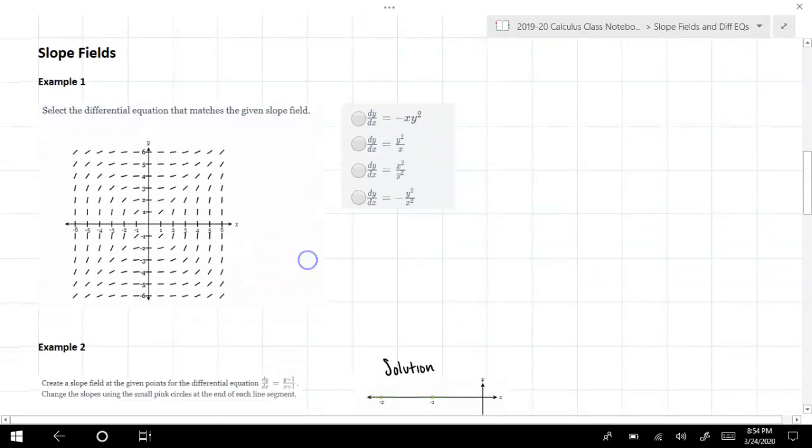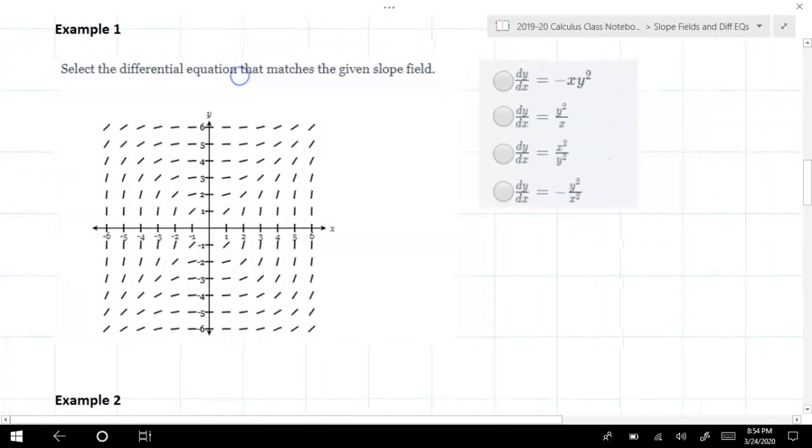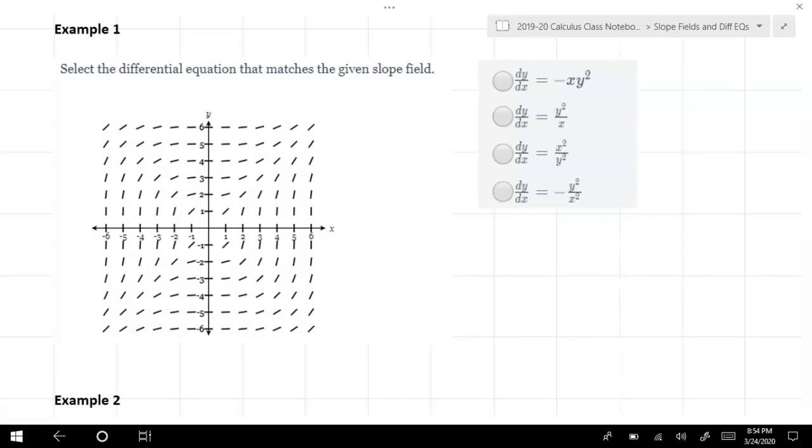Slope fields. Okay. Slope fields are kind of fun. They're just the slope at every point in the coordinate plane. So it's just a bunch of slopes. So to select the differential equation, the equation that represents the derivative that matches the given slope field, remember differential equation,